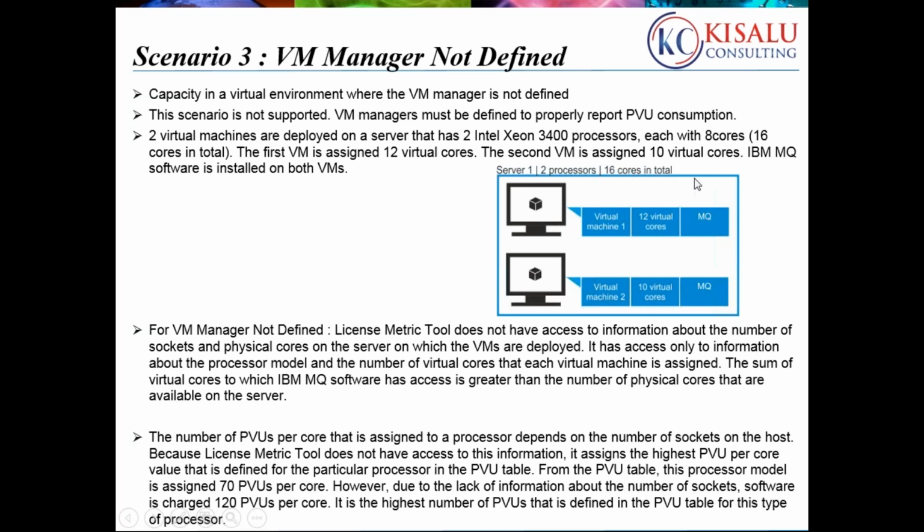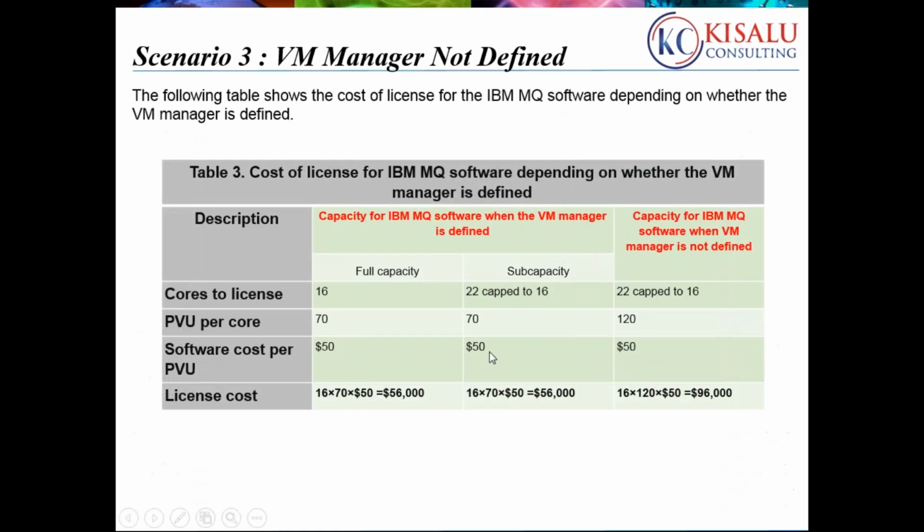If it's on full capacity, it means I will only pay 16 cores in total. But here, because I over-committed my machine and created 22 cores on the machine, if it is defined,